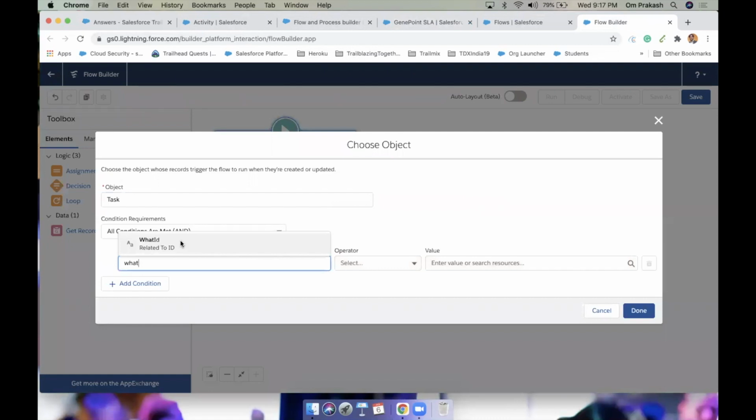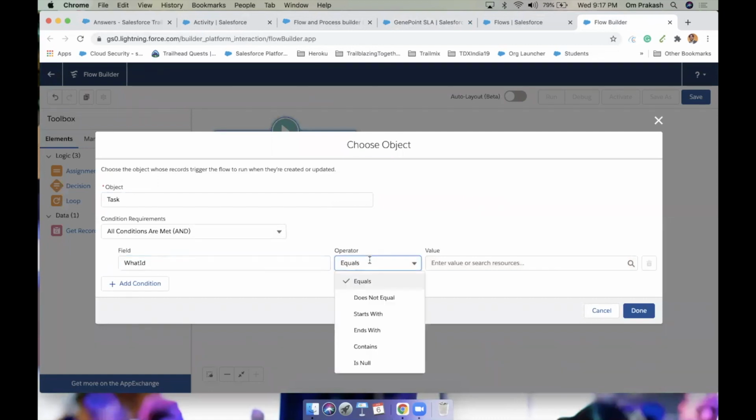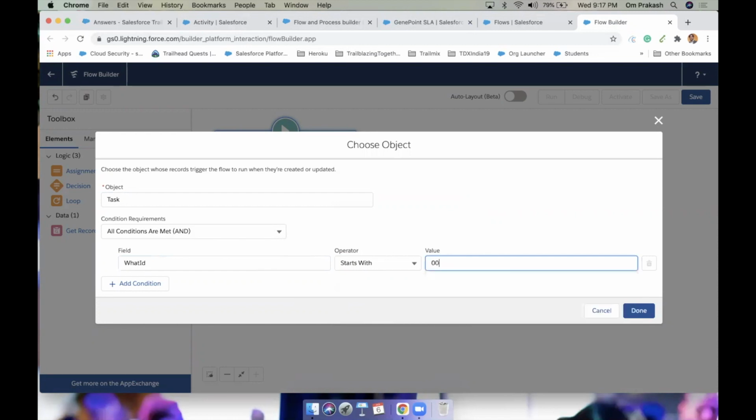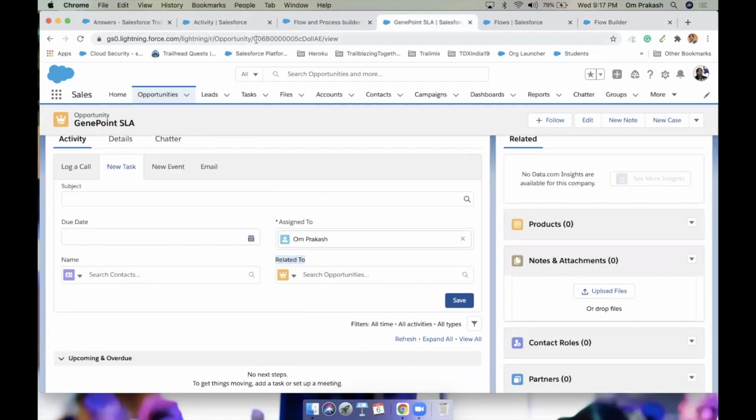What ID. See, for the operator, starts with, you can use it, but I am going with something very simple: when What ID starts with 006. Why? If we go to an opportunity, you can see all opportunity IDs start with 006.